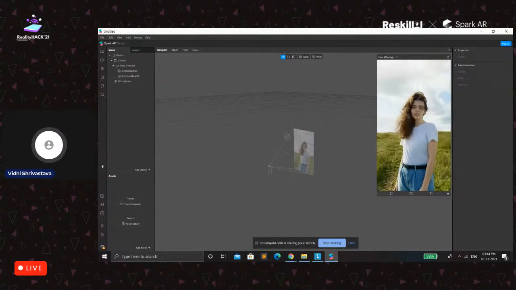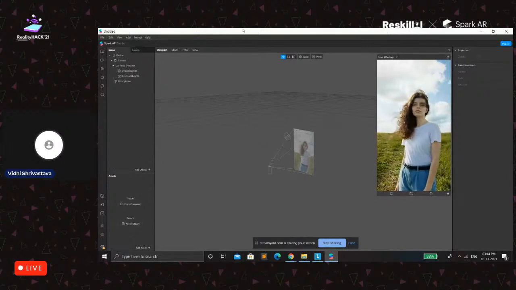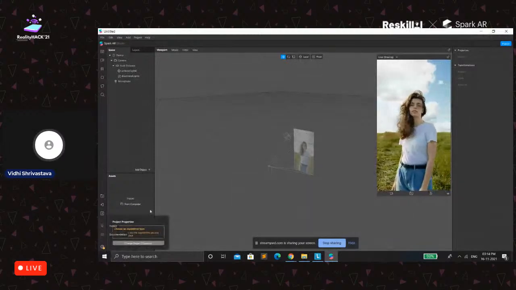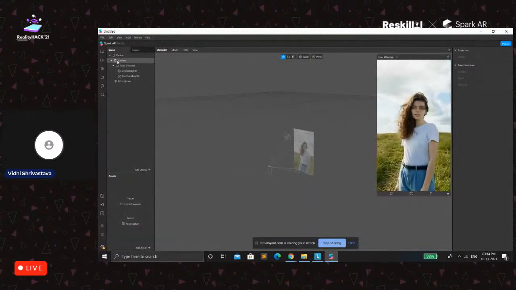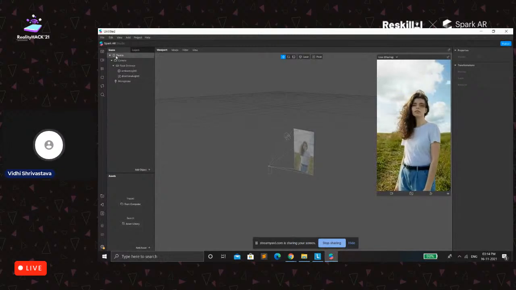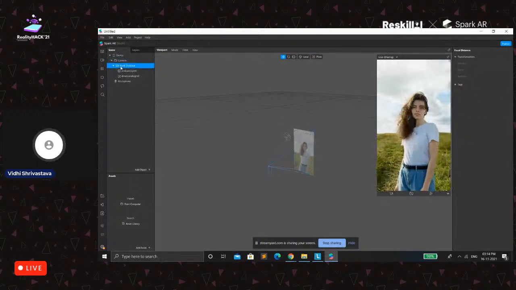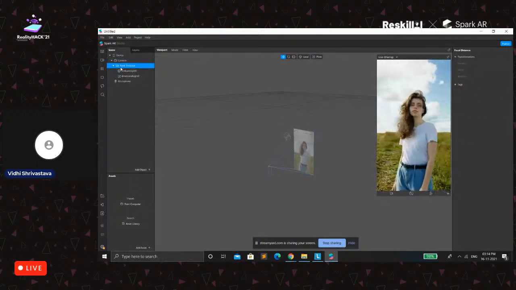We have a screen panel, we have the viewport here, we have the property window here, and we have the assets window here. So what are all these basically? In the scene you will see that there is a device and a child. The child of device is camera, and the focal distance is the child of camera. So all these things are in a hierarchy form.